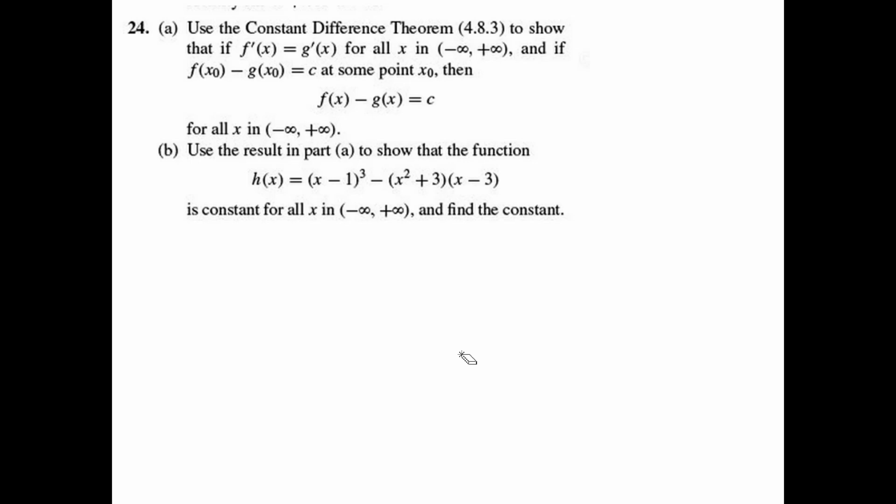Use the constant difference theorem to show that if f prime of x equals g prime of x for all x in the interval from negative infinity to infinity, and if f of x naught minus g of x naught equals c at some point x naught, then f of x minus g of x equals c for all x in that interval. Well,